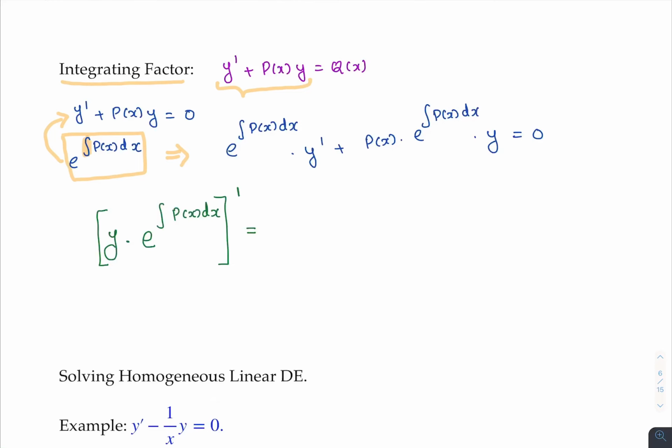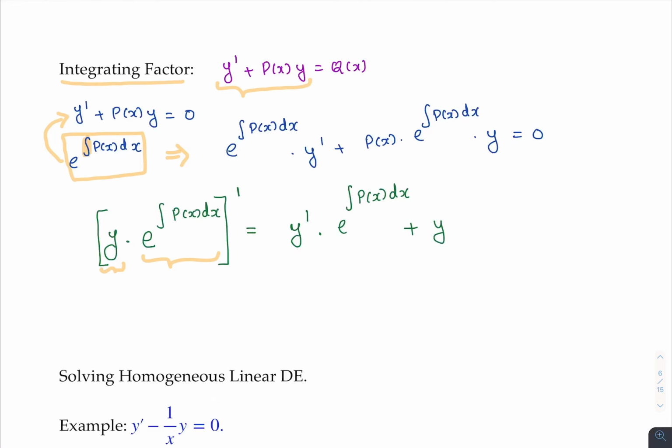So now let me do it. If I use the product rule, I have two functions in here: y and e to the integral of p of x dx. If I find the derivative of the very first one, I'm going to have y prime, and I'm going to keep the second one as is, as per the product rule. So I have e to the integral of p of x dx, plus I'm going to keep the first one as is,